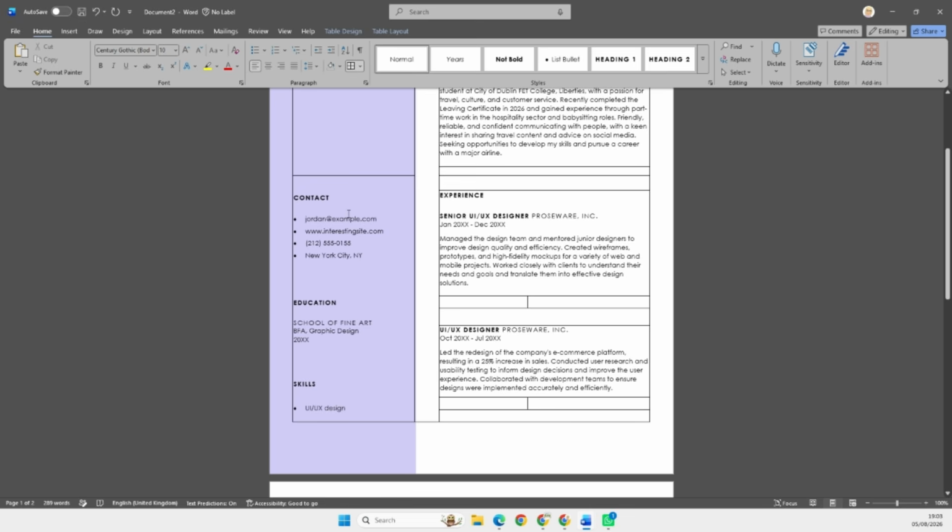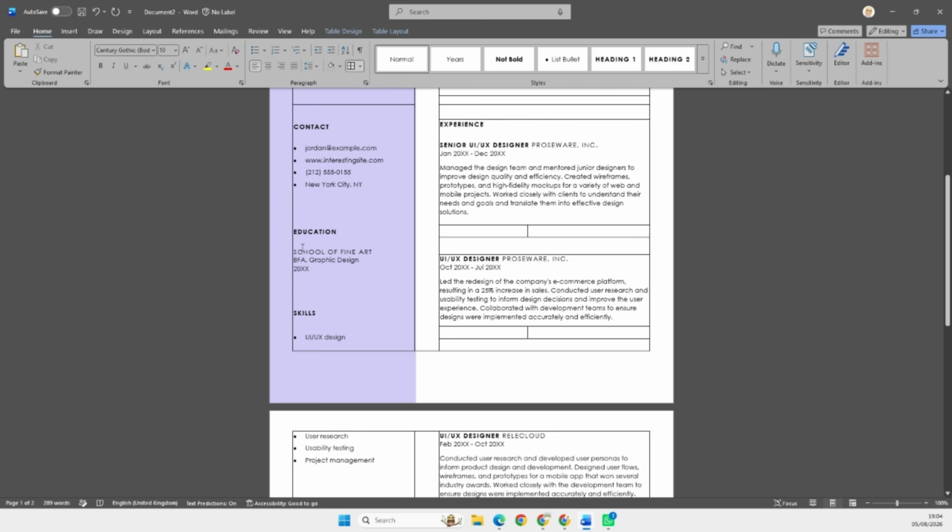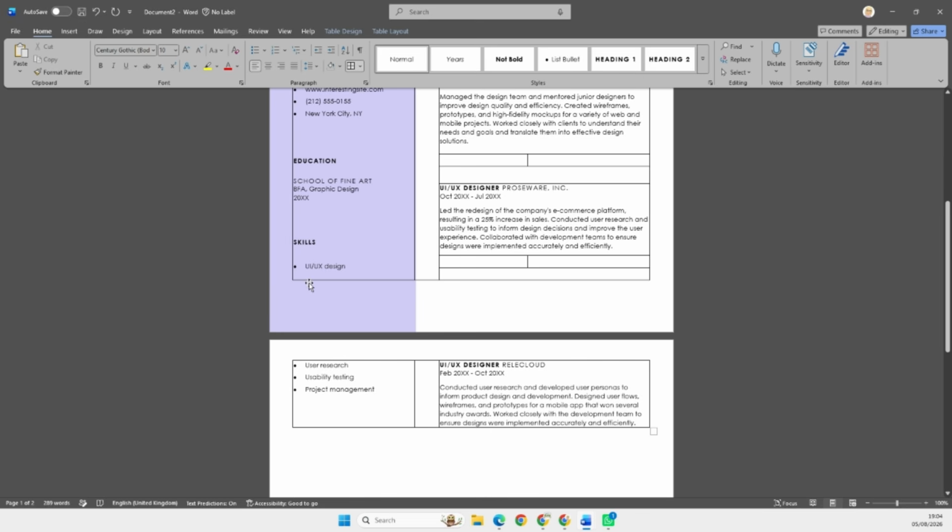Put in your contact information. Maybe I would reduce it. Maybe my mobile, maybe my email. That's it. Education. So you're putting in City of Dublin FET College Liberties campus here, and then put your school in underneath that. Skills. I would be putting in your technology skills that you're going to be gaining. Obviously, all your 365 skills that you're going to be gaining over this year,